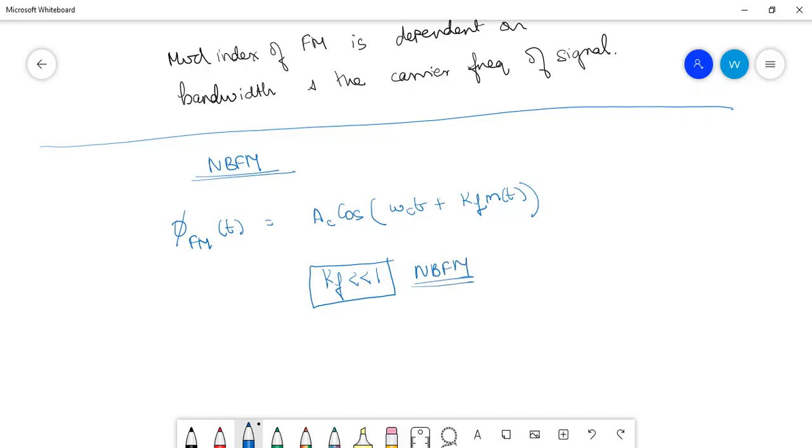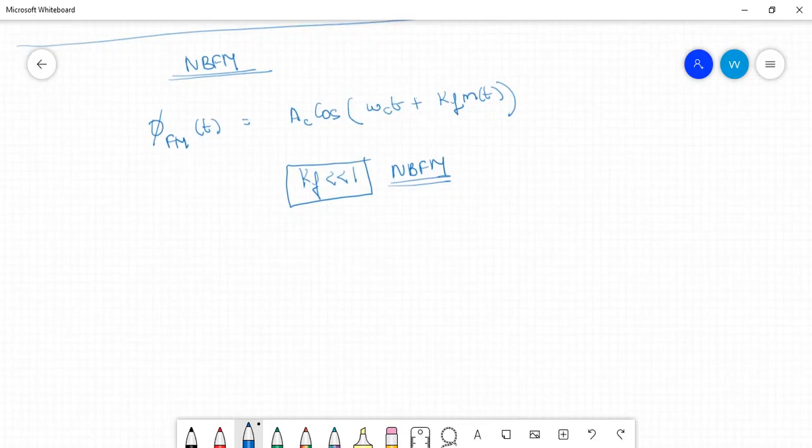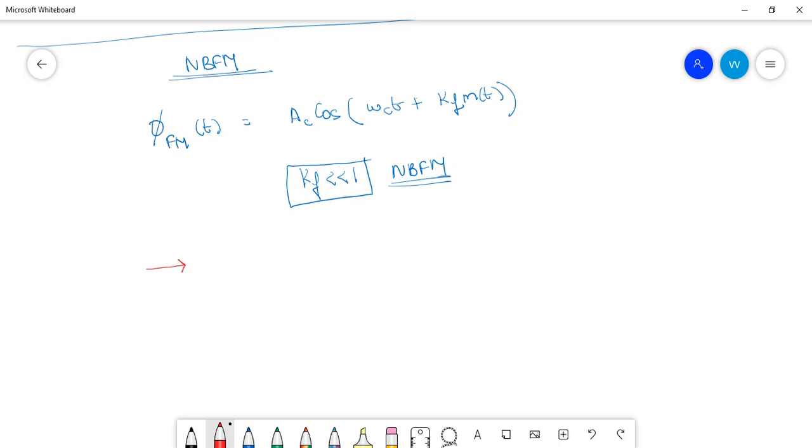Now what exactly is narrow band FM? Let us first denote this as a phasor. Before going to this notation of narrow band FM, one thing has to be completely understood: if we are taking signal m(t) and then doing the integral of it, and then doing the phase modulation of it, we are actually getting the frequency modulated wave of